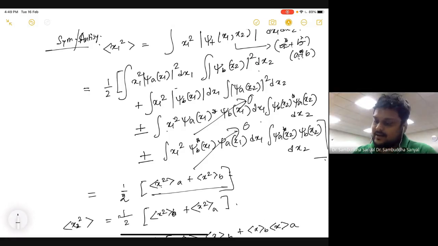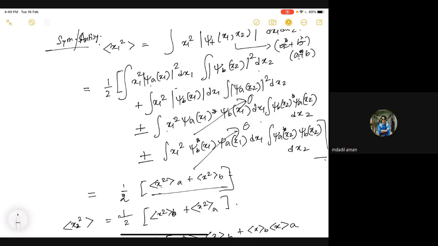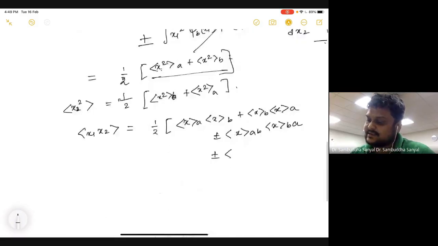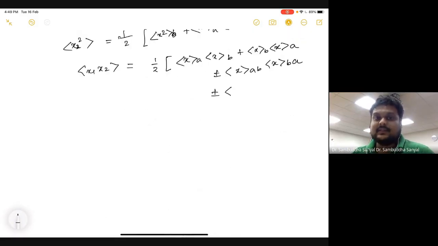But now when I am calculating this, when I'm writing this, it's the whole operator, sorry, the whole wave function A and B together. That is why it is just the expectation value of the whole x square in the state A. It need not be for particle one or particle two, because I put everything together, but now some of them vanished, and now we are left with that much.